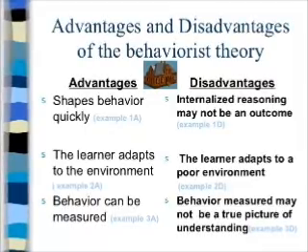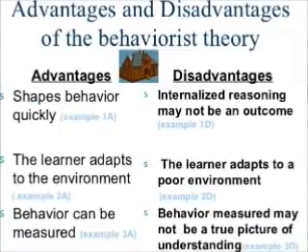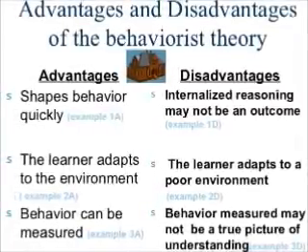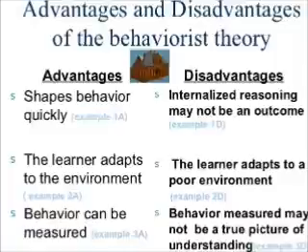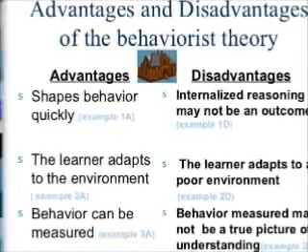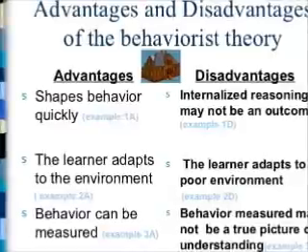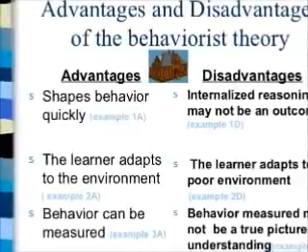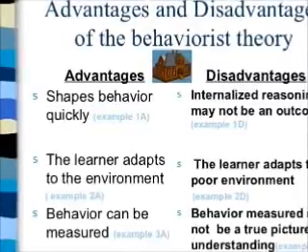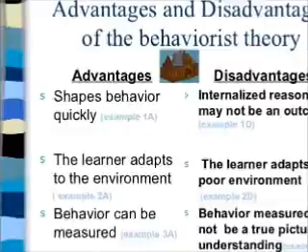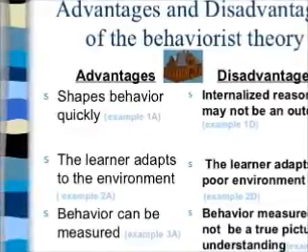Number 3. Behavior measure may not be a true picture of understanding. For example, taking a true or false test with the assurance of retaking it until the student gets it right can lead to guessing for the correct answer. As the teacher presents an exam, a test, or maybe a simple exercise.